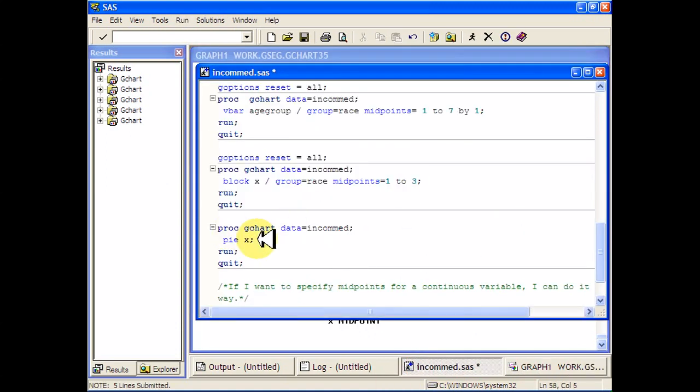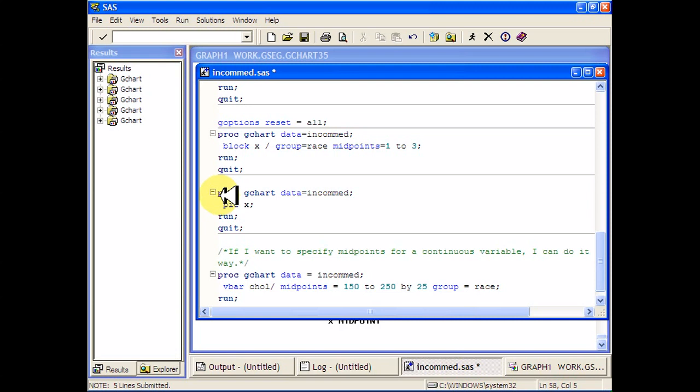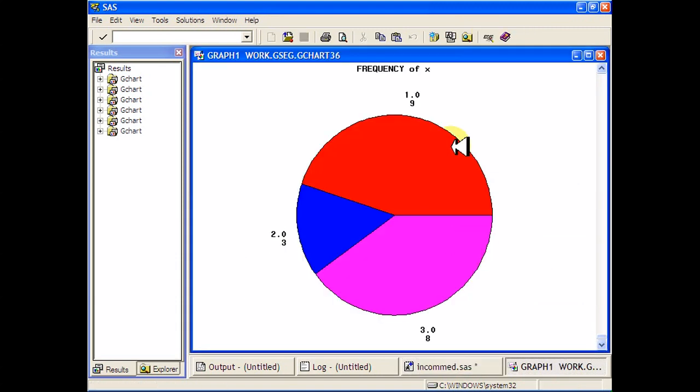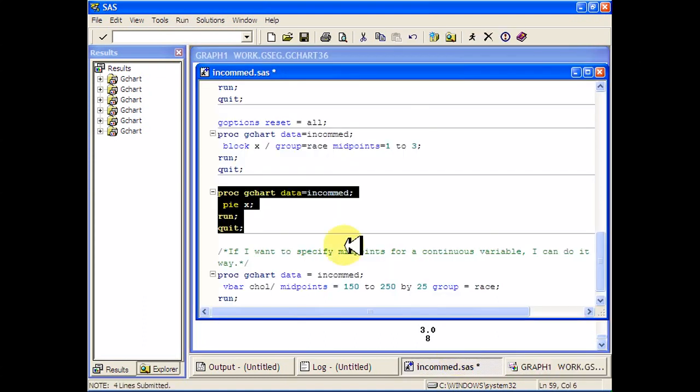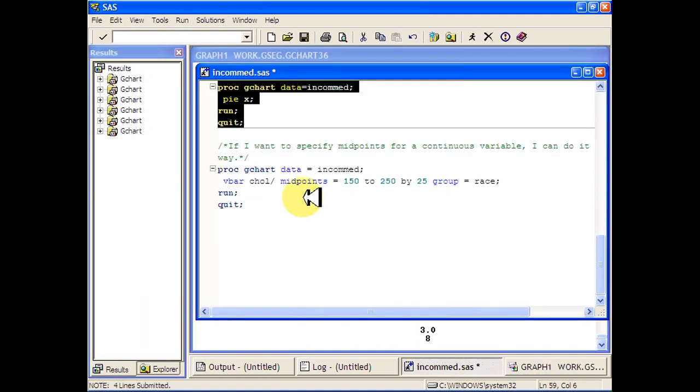You can also run a proc Gchart that gives you a pie chart, and I'm going to use the x variable and run it. And this is the pie chart that you get. There are 9 1s, 8 3s, and 3 2s. You can also do